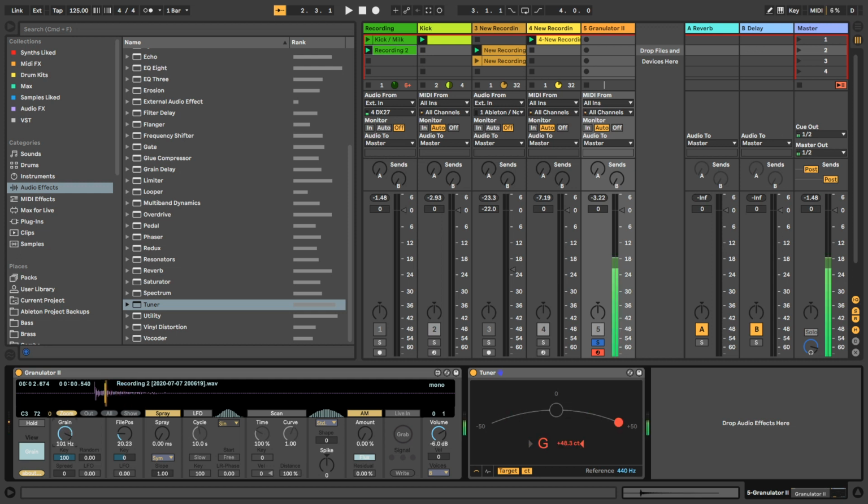So this tightens up the grain, and this loosens the grains up, so it's playing multiple grains from multiple places. Sorry, I should explain what a grain is. So a grain is, well, think of a piece of music. You know, the length of this. You can split that up into thousands of elements or grains. And basically what you can do is you can pick which one of those elements or grains that you want